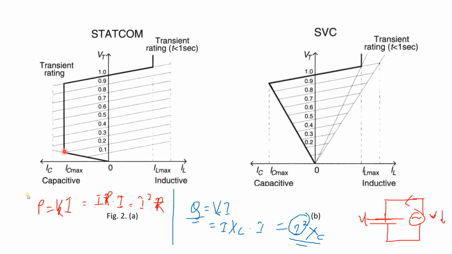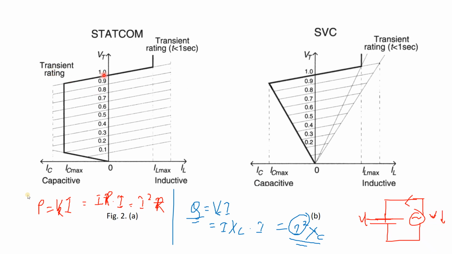Why? Because of the STATCOM. It is not a single capacitor, it is a STATCOM. That is why the current is fixed. If you take a capacitor, because a thyristor switched capacitor is there for this particular SVC, the voltage is decreasing, the current is also decreasing, because the capacitance is decreasing. But for STATCOM, the voltage is decreasing, but the current is fixed, because it is STATCOM, it is not a capacitor. Even though it has a capacitor in the system, if the voltage decreases, the capacitor voltage decreases.